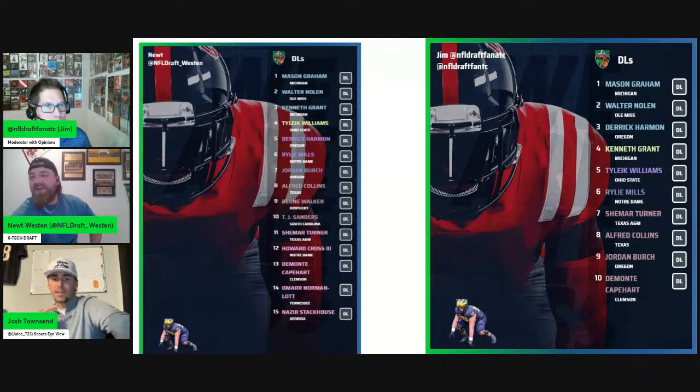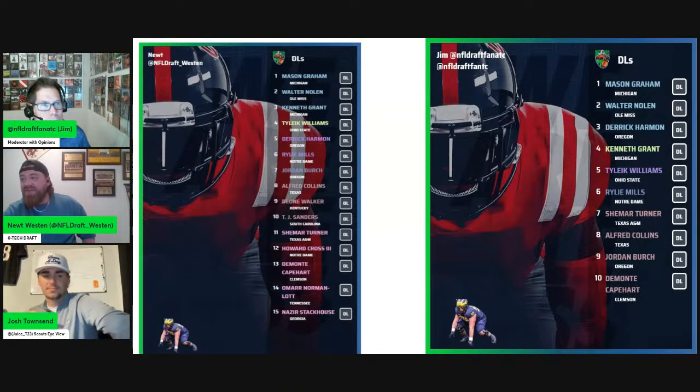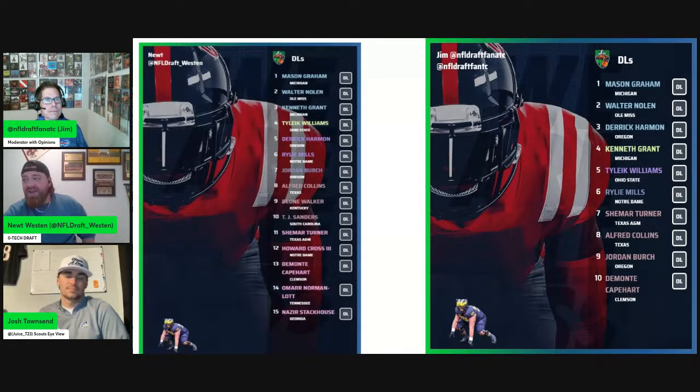Let me pull my grading up for him. I've got him right now as a late third, early fourth. For me, he's a guy that I can see the things that go into him, like the wrestling background, size and strength, and he's done a really good job of minimizing pressures. But I think there are some things where pro level defenders are beating him. He's not great with counter moves. He's not a guy that stands out in one area to me. So I think there are some holes in his game still.